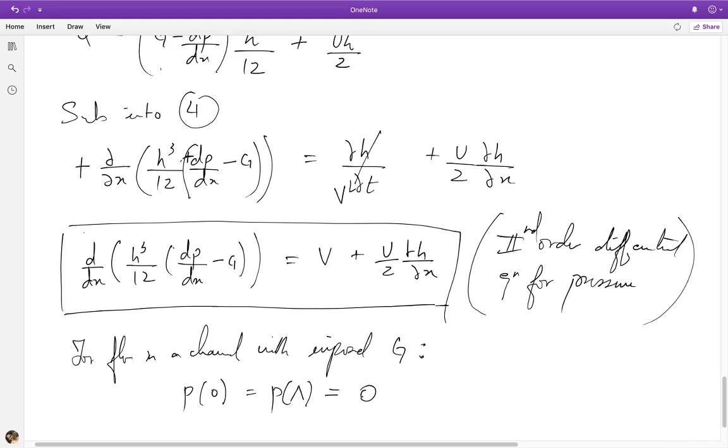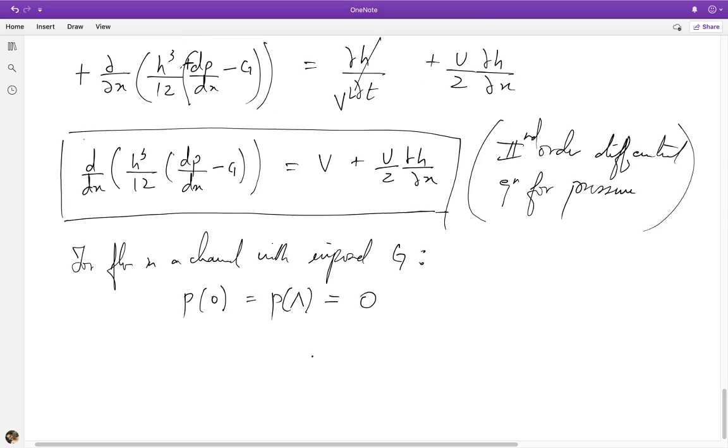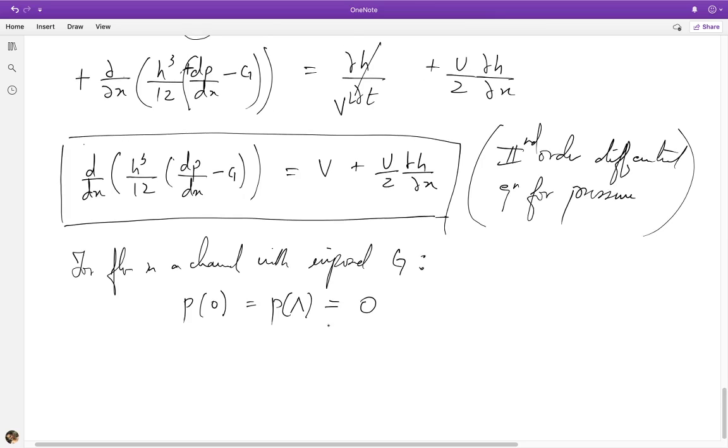So with these 0 boundary conditions applied here, I can calculate the distribution of the disturbance pressure, which is the disturbance, of course, from the imposed pressure gradient G. So this is for flow in a channel and such related problems, where the entire problem is the thin gap region. On the other hand,